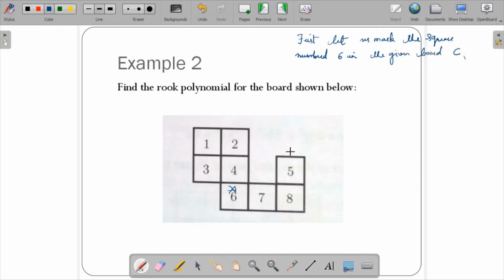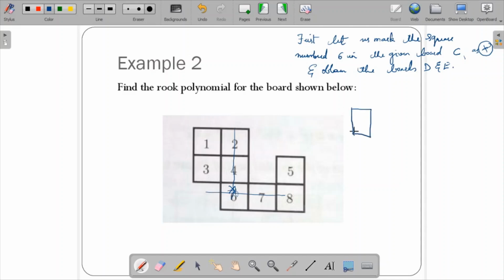This is the board C, right? As star, and obtain boards D and E. Okay, D and E. So when I apply star over here, this section and this section will be deleted. Okay, so the D board will be just